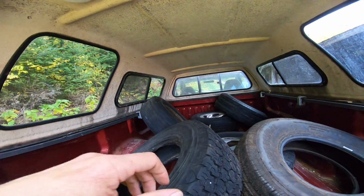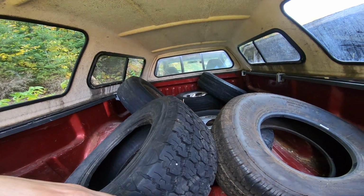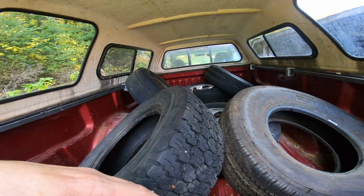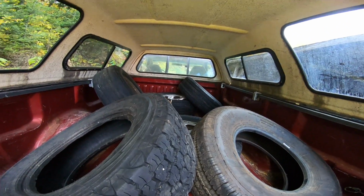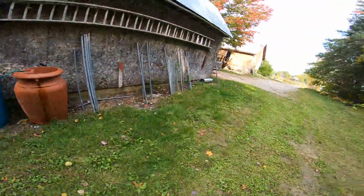You're looking at the box of my 2002 Ford F-150 XLT model. Now, if you guys had to choose a bedliner, I'll show you a bedliner